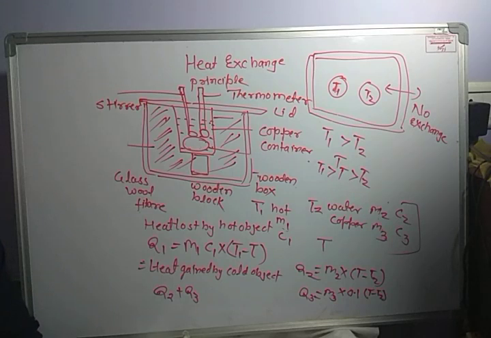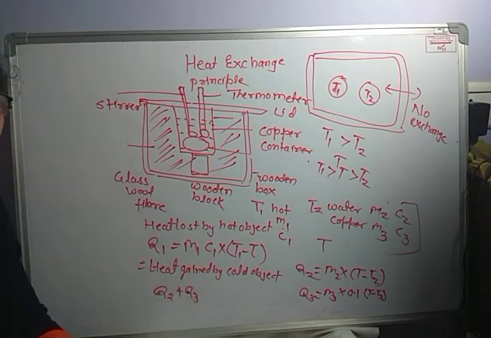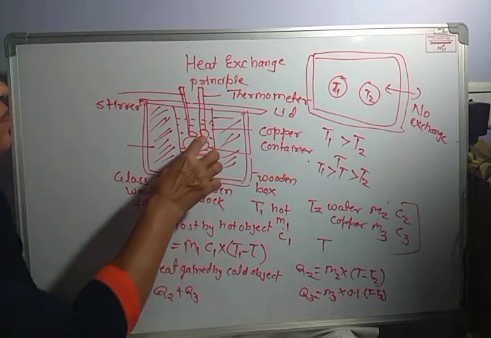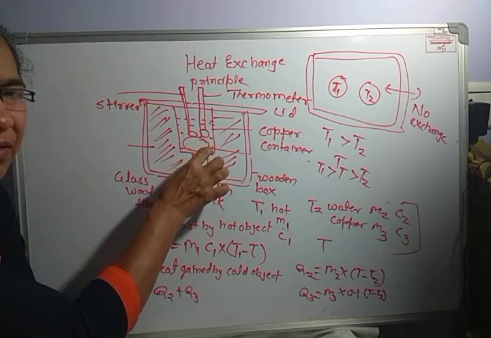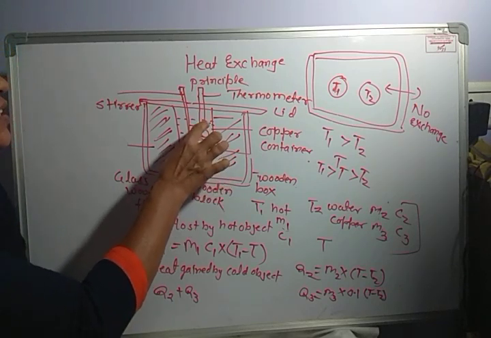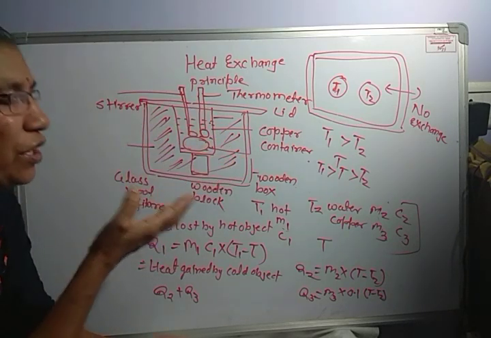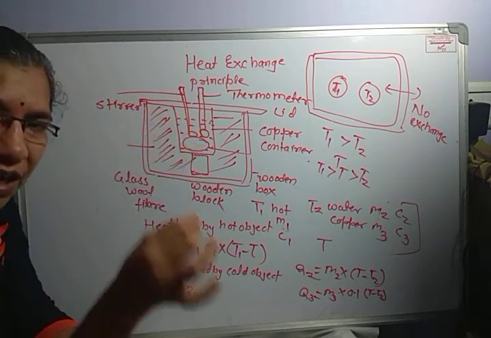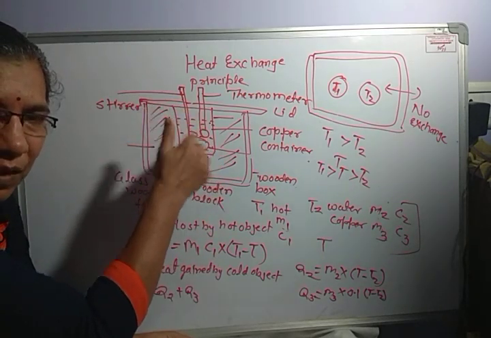Why stirring? Because if we do not stir, because of the convection mode, cool water will remain at its position. If the thermometer is at the bottom, it will measure a lower temperature. If it is at the upper level, it will measure a higher temperature. It will not give a unique reading. So to get a unique reading, we have to keep stirring the water continuously.